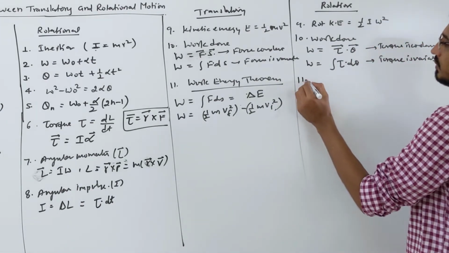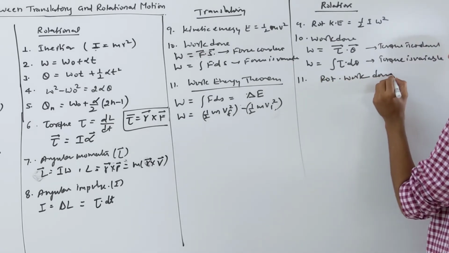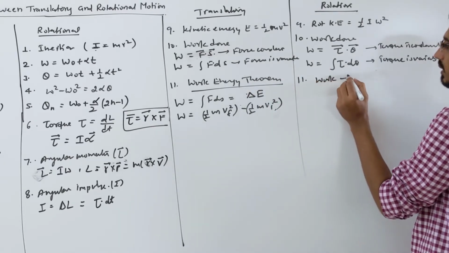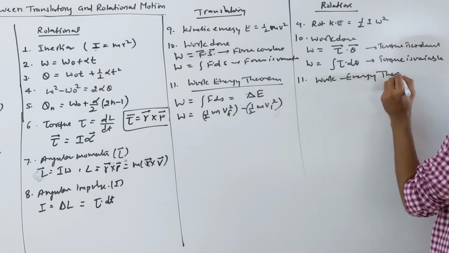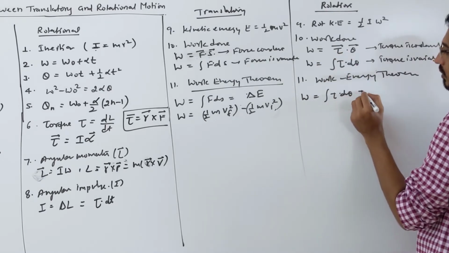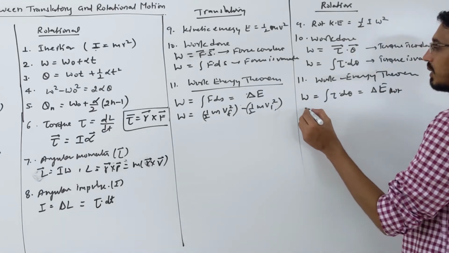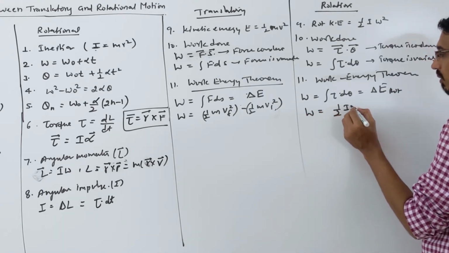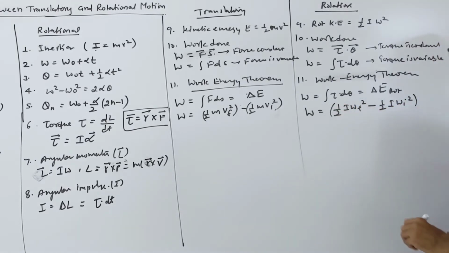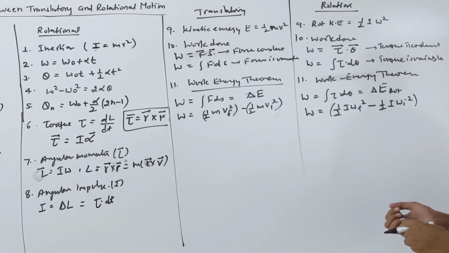The same you can say here also, rotational work done. Oh, sorry, I am writing it wrong. We are writing the work energy theorem. So how do you write the work energy theorem here? Exactly the same way. You say work done is equal to torque into d theta, also equal to change in rotational kinetic energy. How do you write it? Work done will be equal to half I omega final square minus half I omega initial square. That is also your work done. Change in rotational kinetic energy will simply be your work done. Okay. Yes.